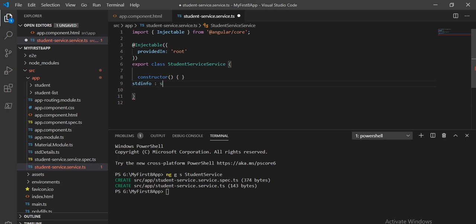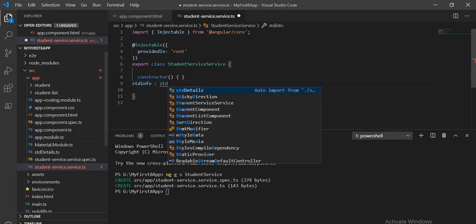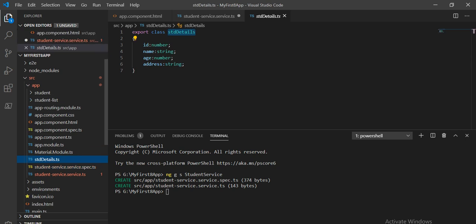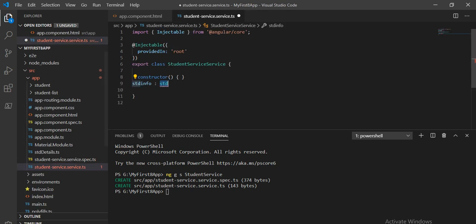It will be the type of the properties which we have defined in the file. I will copy this, so there will not be any mismatch in the name. We are going to show multiple data, so it will be the array type.